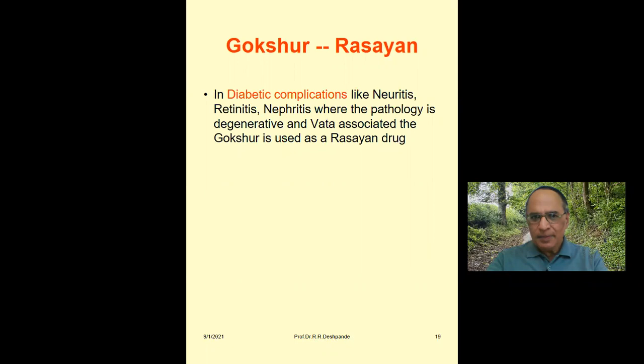Gokshur is a rasayan. In diabetic patients, you can see different complications. For example, diabetic neuropathy, tingling numbness of the hands and legs. Diabetic retinopathy, where the patient all of a sudden gets blindness. Then diabetic nephropathy, where the kidney gets damaged, chronic renal failure. When this pathology is of degenerative type, dhatu kshayajanya vata prakop is there, then Gokshur acts as a rejuvenation tonic